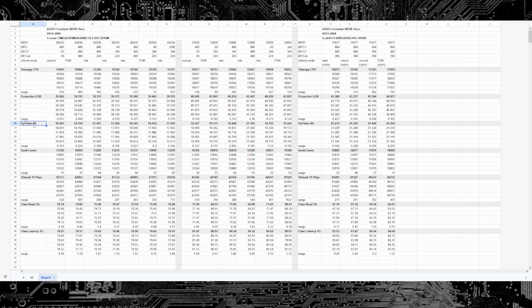But anyway, if you run mixed mode badly, then it still kind of loses some benchmarks, right? In PyPrime, it's just kind of horrible compared to normal mode or mixed mode with the timings set properly. In fact, mixed mode with the timings set properly really seems to be the best thing you can do. Though again, it will depend on the memory chips that you're using and how big the gap between tRFC same bank and tRFC1 or tRFC2 are. If you have a memory chip where tRFC same bank and tRFC2 are basically the same thing, mixed mode isn't really going to do much, and you may as well just use normal mode unless tRFC1 is incredibly high for some reason,